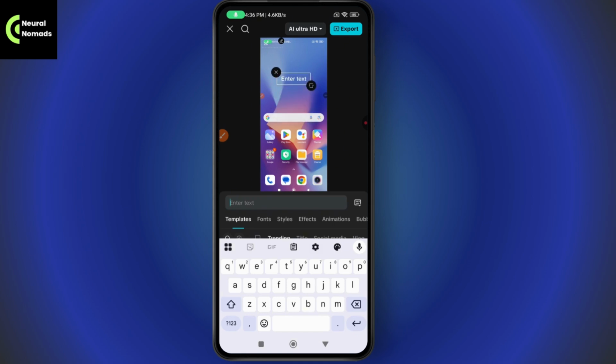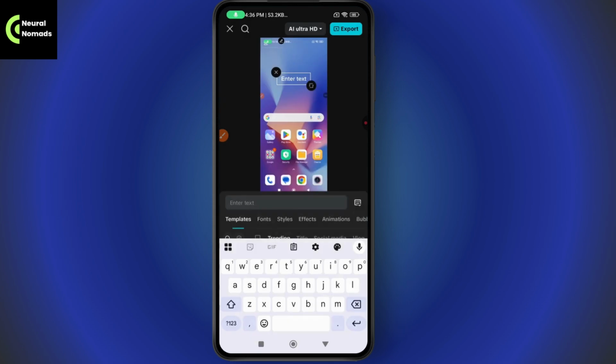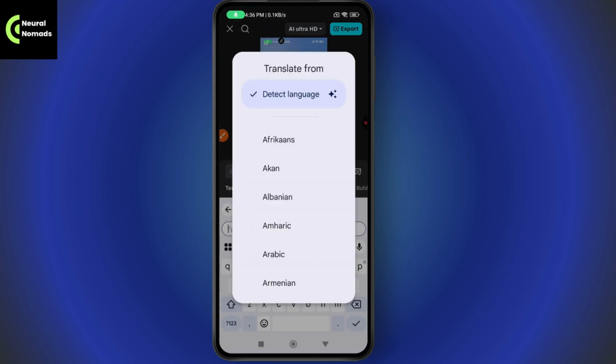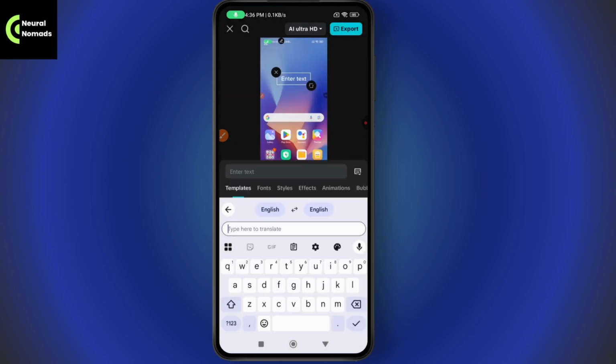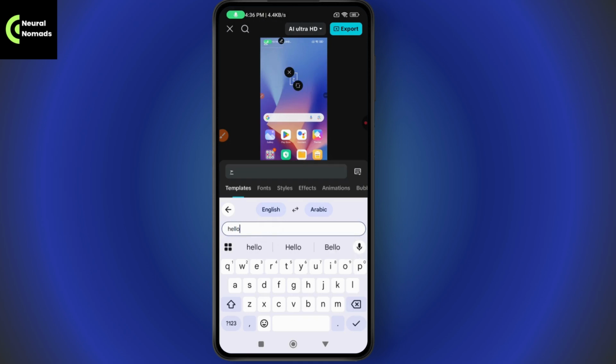Like if you want to go with Arabic, then you can go with settings on your keyboard, or you can just simply go with translate, which is right here, Google Translate. And I'll just simply go with English at first. I'll write something in English and then I'll translate it to Arabic. Now I'll just simply write hello, and as you can see that on CapCut I have added an Arabic text. Go with the tick